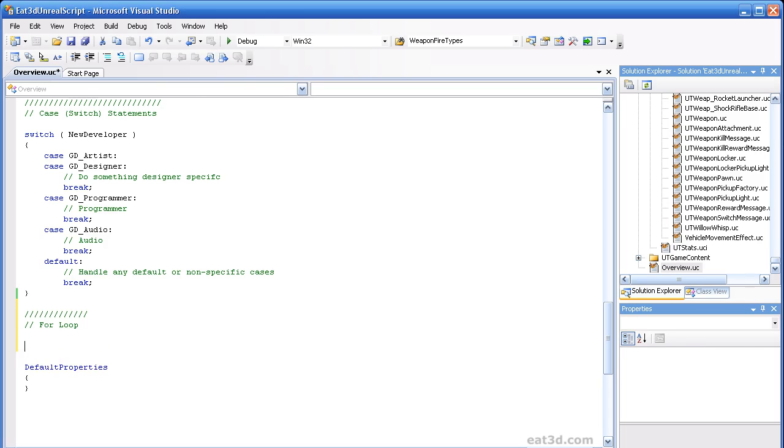So you're going to start out with the keyword for, and we're going to do a space, and do open and close parentheses. Inside the parentheses, you're going to need three different values or elements to define how the for loop will run. The first is what you'll hear referred to as the index of the for loop. The common convention is to use I for index. So you'll see I equals 0.